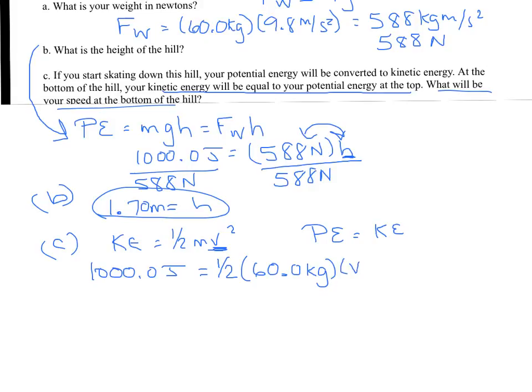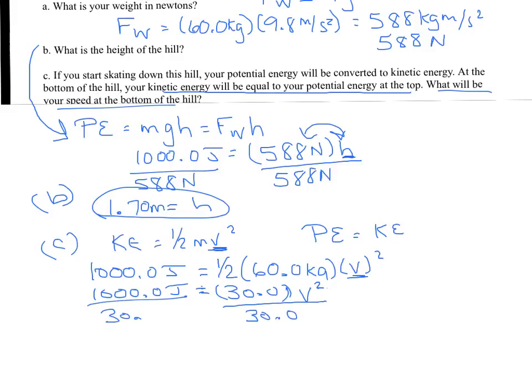And then I'm looking for V squared. Again, if I want to get that by itself, I have to get rid of the 1/2 and the 60. And I'm multiplying those two things. So let's make this a little bit simpler by multiplying 1/2 times 60, which would be 30. So 30 times V squared. Again, if I want to get V by itself, I'm going to need to divide both sides by 30. I'm going to do the opposite. So V squared will equal 1,000 divided by 30,